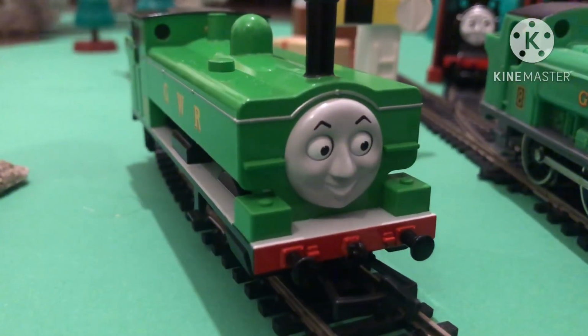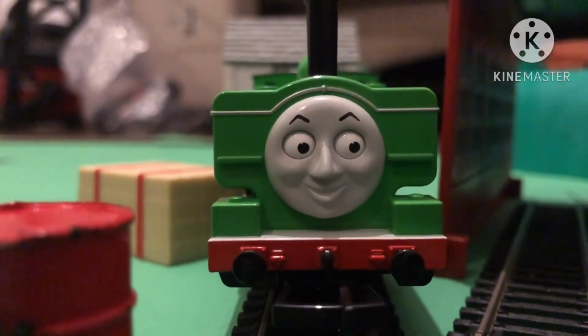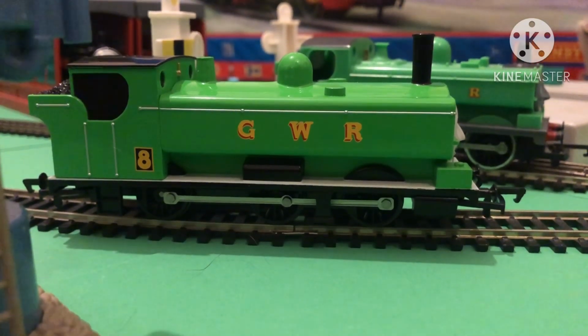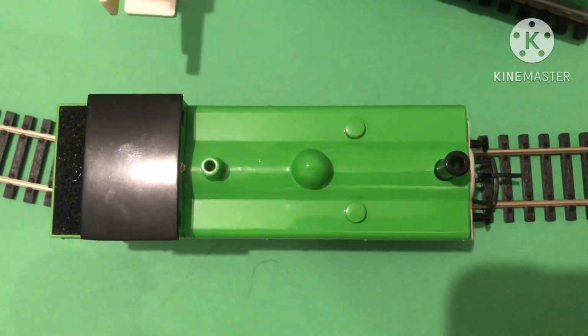The Bachmann Duck on the other hand is a near perfect model. The colours are spot on, the face is grey. Unlike most other Bachmann models, there's not many separately fitted parts. That doesn't matter because everything else makes up for it. Duck's model was the last to be based off the props from the TV series, and I think Bachmann really